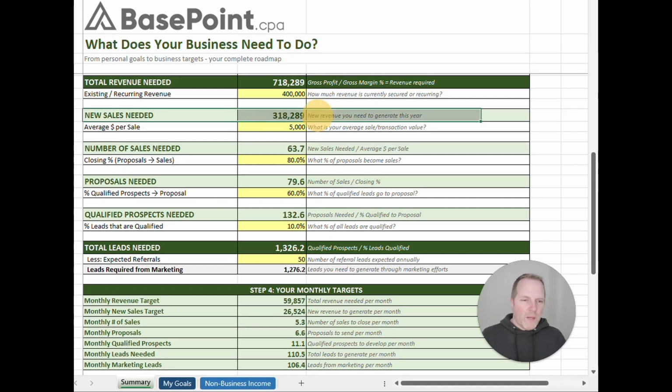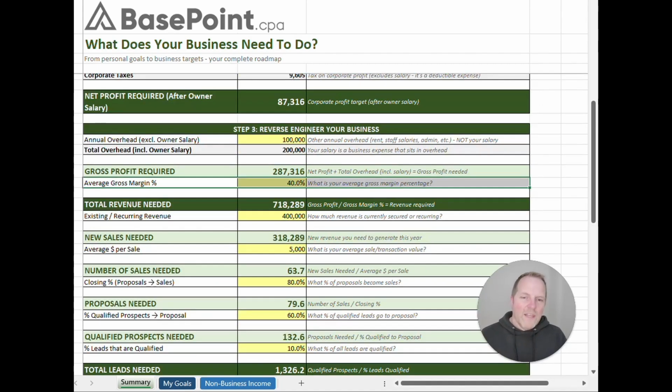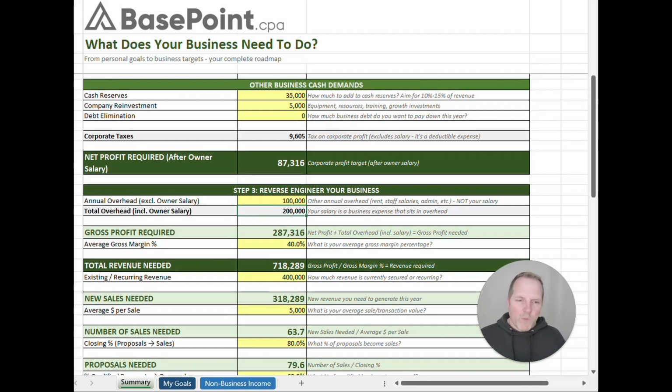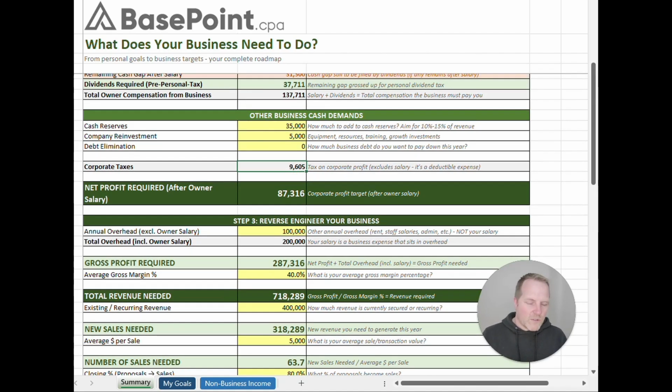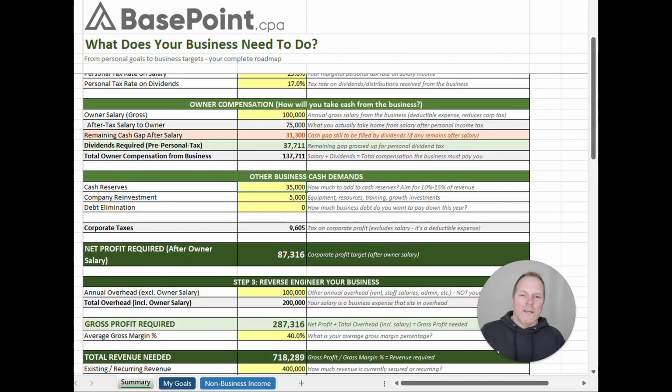in the year, which generates your $318,289 of new revenue, which adds to the $400,000 of existing revenue to get your total revenue target of $700,000, gives you your gross profit of $287,316, which covers your overhead and owner salary combined amount of $200,000, leaving you with net profit before tax of $87,316, which allows you to pay your corporate tax of $9,605, which leaves you then with the cash to reinvest $5,000 into those computers you wanted to get, put $35,000 into the bank so you've got some more operating cash available so you're less cash constrained during the course of the year, and it allows you to take those dividends